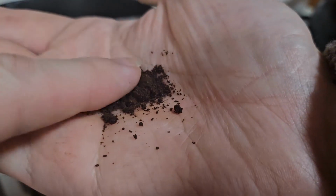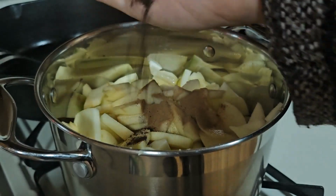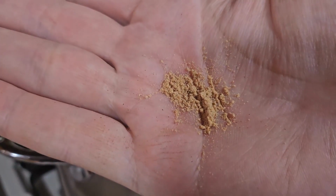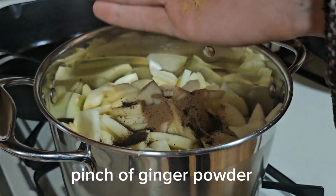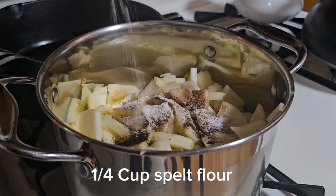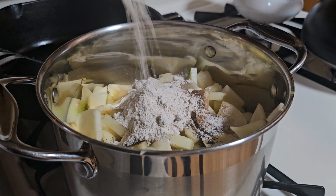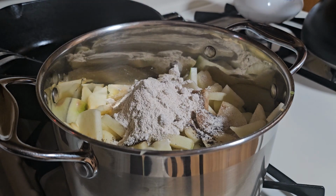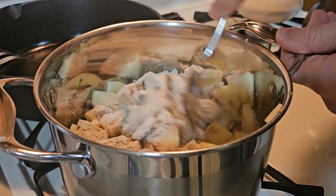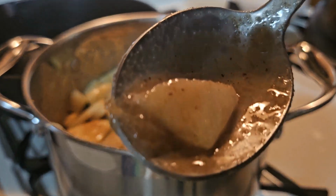1/4 to a half teaspoon of Ceylon cinnamon, and a little bit less of vanilla bean powder, and a little pinch of ginger powder. We're using about a 1/4 cup spelt flour to thicken, and this is about 2 pounds of apples. I peeled them and chopped them up,